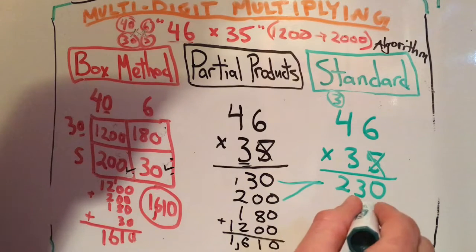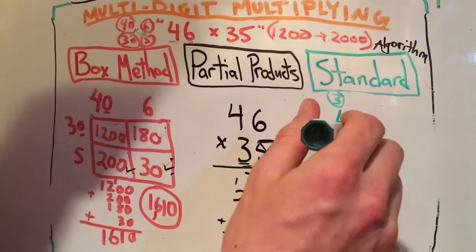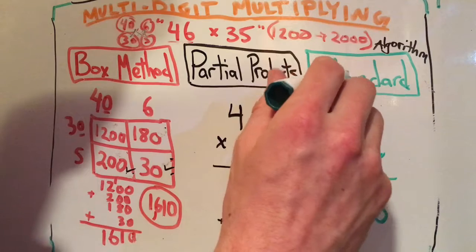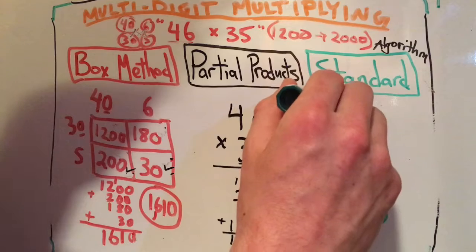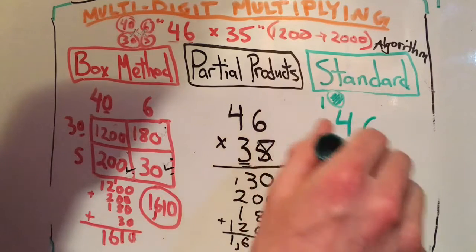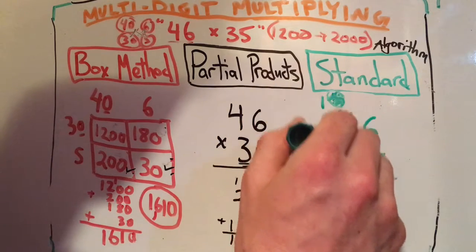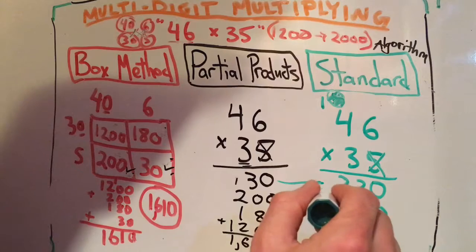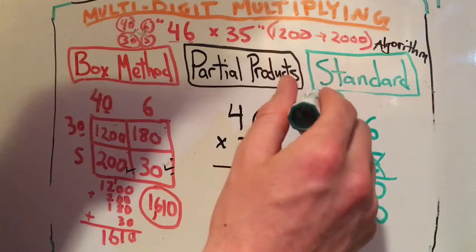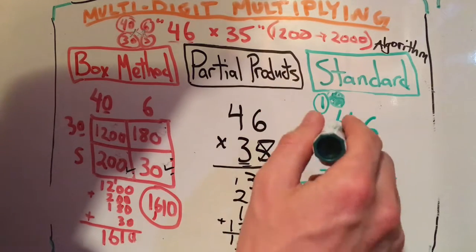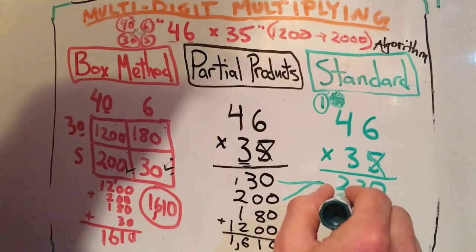So 6 times 3 is 18. When we write the 8 here, we're carrying over an extra 1 to add. We can forget about this 3 because that was from before when we were multiplying by that 5. We carry this 1 over here so that when we're done multiplying the 4 times 3 and we get 12, we're going to say, wait, we had a leftover larger value. That 100 was left over. Let's add it in to the 1200 we just got. Let's add it to the 12. So we do 4 times 3 is 12, plus 1 is 13,